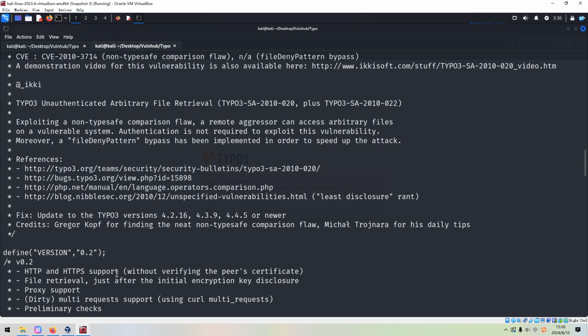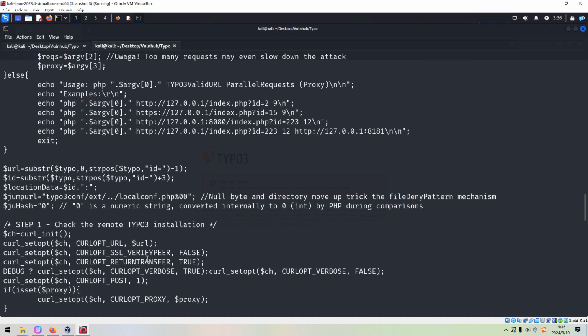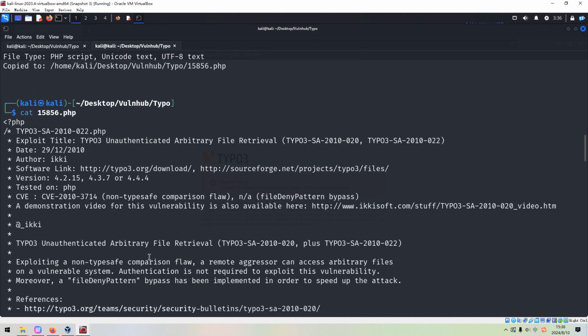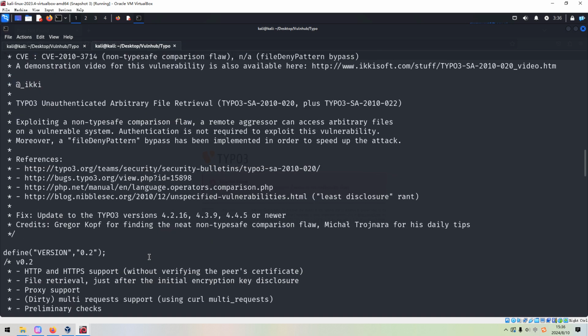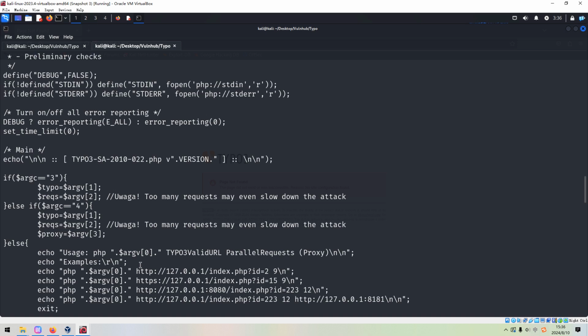Of course, at this moment, we don't know which version is running on the target. So how to use this exploit? Reference, define, okay, PHP, and the IP address.